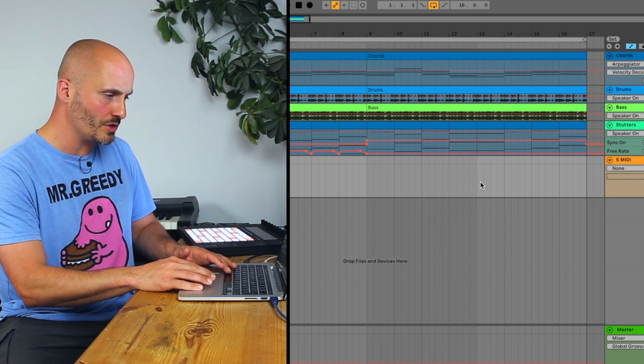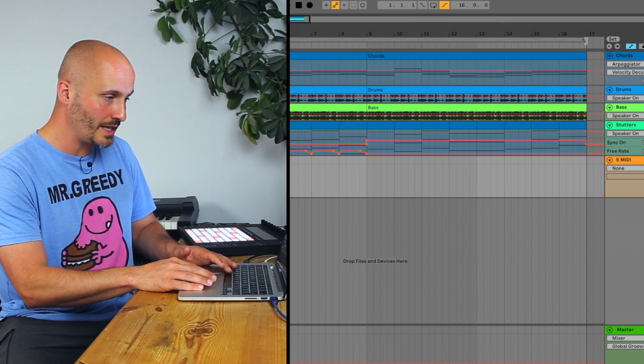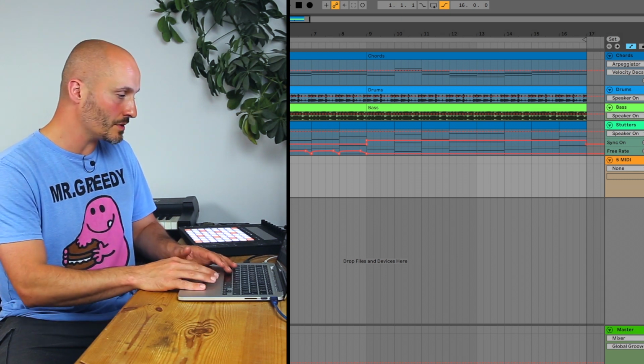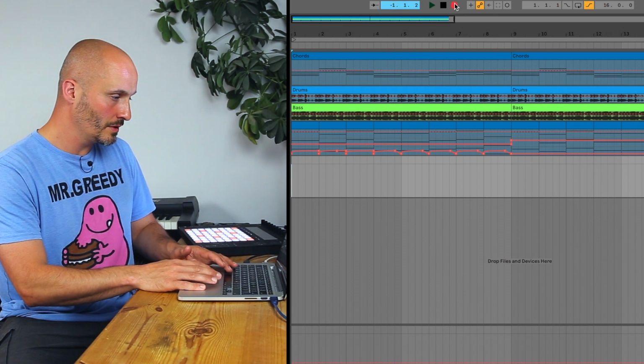So I'm going to just set this up to record a clean bar, a clean recording here. So I'm going to turn loop off. I'm going to set punch out, which means that the end of my loop brace is where the MIDI clip will stop. Saves me editing it afterwards. So as long as I start off at bar 1, beat 1, and I hit record,